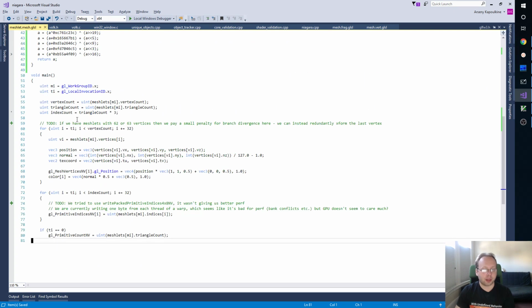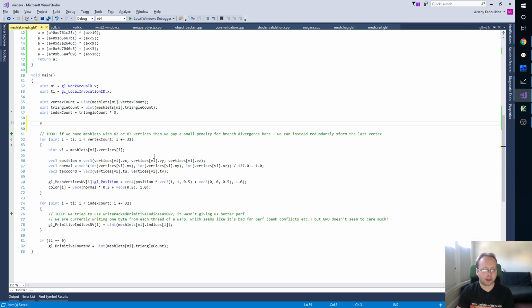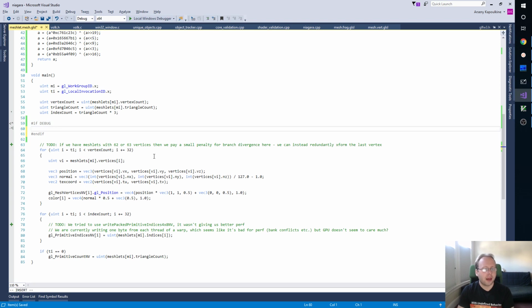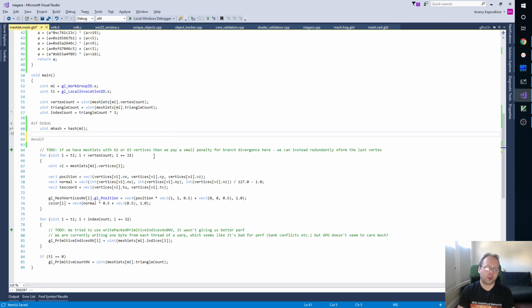And whenever this debug boolean is set, automatic formatting doesn't seem to work very well here. So whenever this is set, we will compute the meshlet hash by hashing the index of the meshlet, which should be mi,